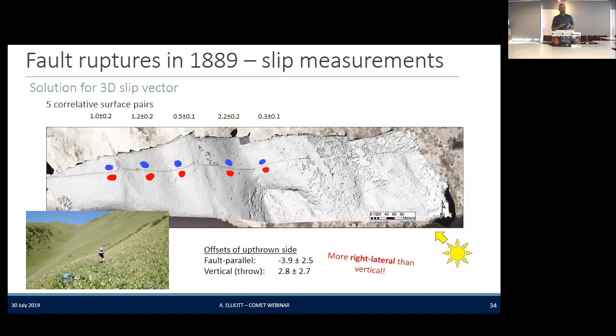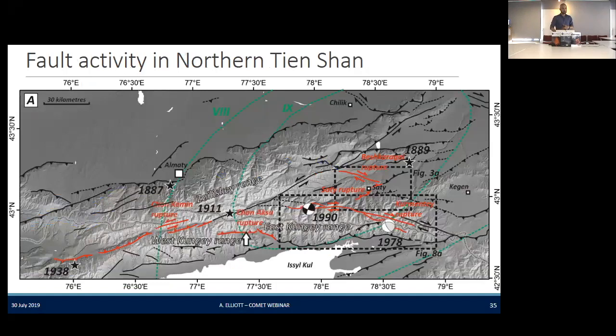In fact, what we find is that there's a big vertical component that swamps an apparent right lateral sense of motion, well, an actual right lateral sense of motion, giving you this uphill facing scarp. So it's important to actually evaluate the entire landscape, and that's what's enabled by having this high resolution topography. So altogether, taking that approach to looking at these offsets allows us to map out in detail these three different faults that came together to produce the magnitude 8.3 earthquake in